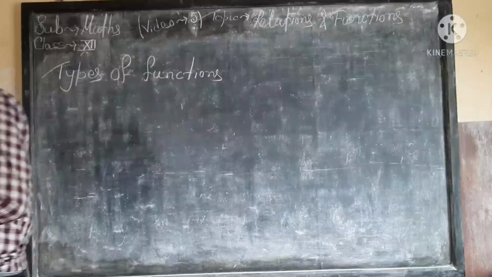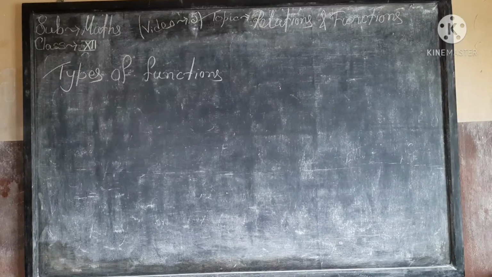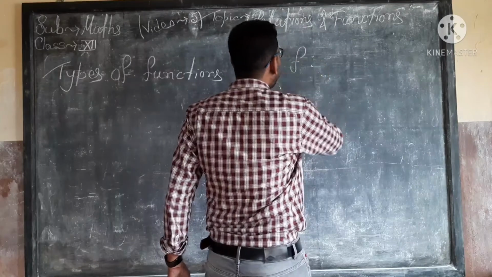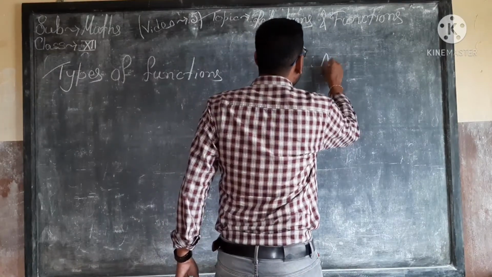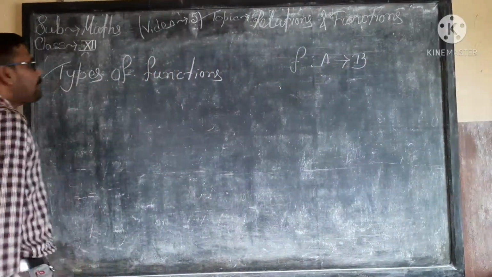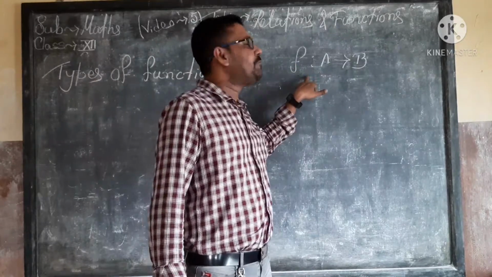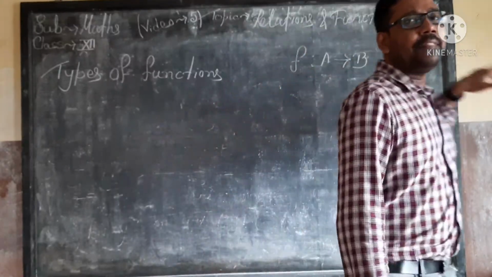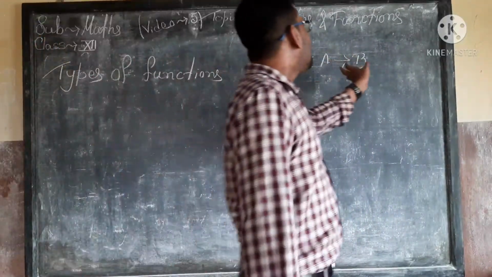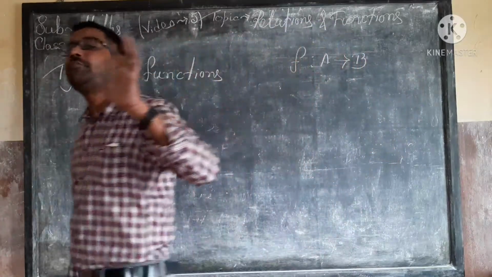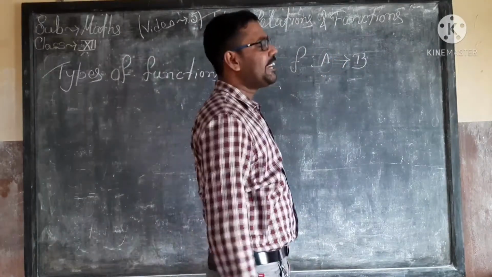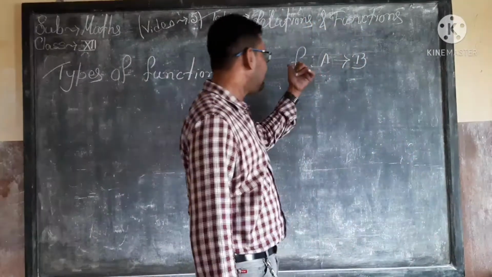And a function has three parts. The first one, if f is a function, it is denoted as this, the symbolic notation of the function. That means it is read as f is a function from A to B, and here A is considered the first set and B is considered the second set. As per the definition of the function, the first criterion is that the first set is equal to the domain of this f.